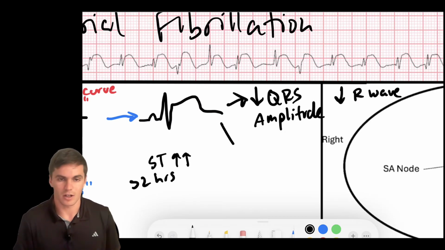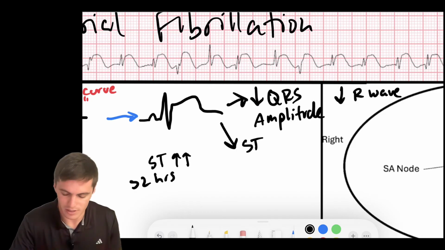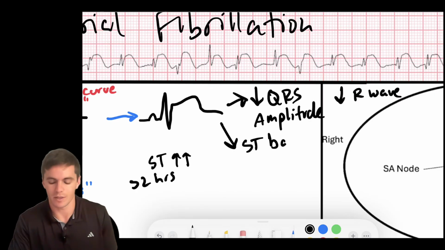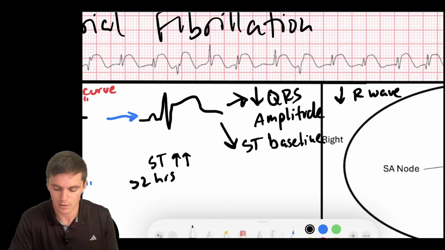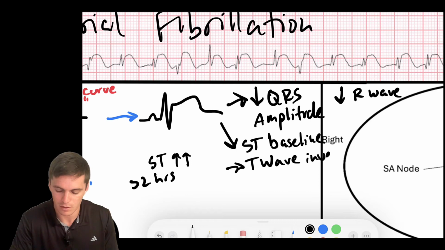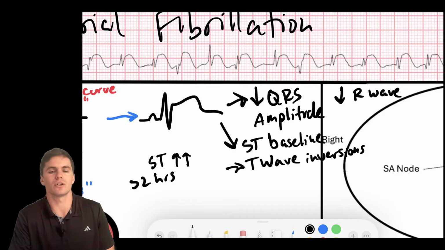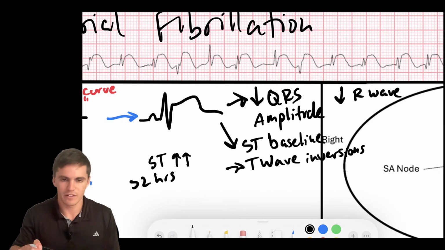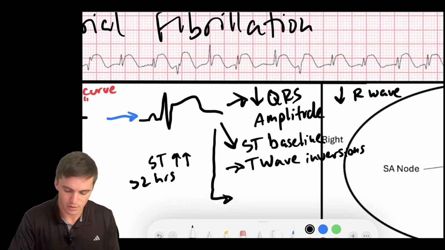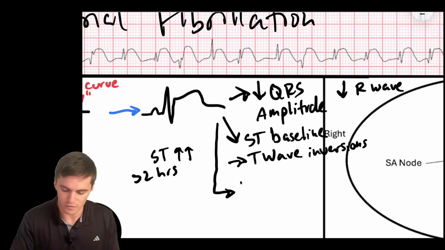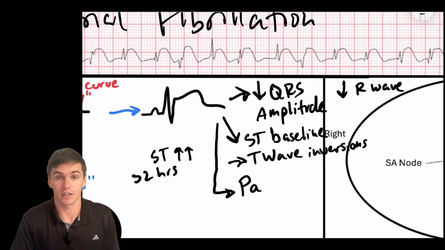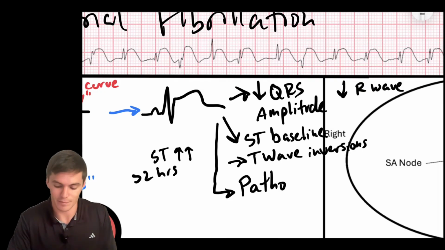Then as time goes on, obviously, you're going to see that ST segment is going to get back to the baseline, but you might see some chronic T wave inversions, right? So you might see some T wave inversions as that ST segment is approaching back to baseline. And then finally, as things resolve, you are going to develop some degree, not always, depending on if we saved the myocardium or not by going to the cath lab,